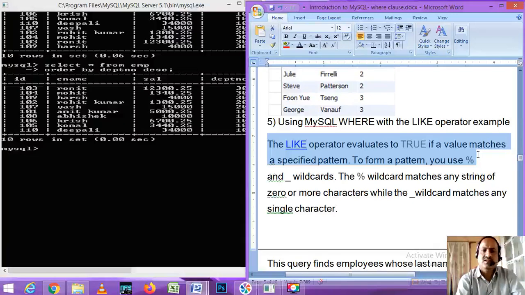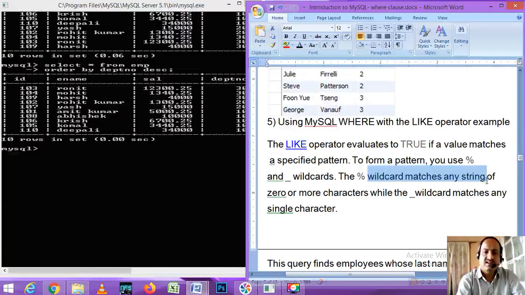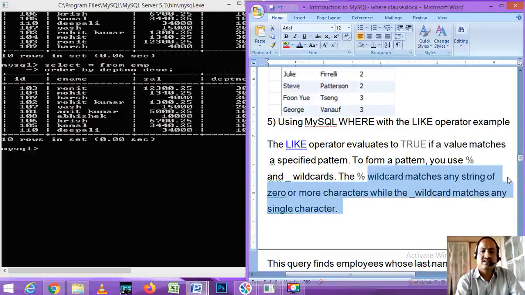Pattern means suppose we don't know the person name or the particular value, so you can use the LIKE operator with the help of percent and underscore wildcard characters. The percent wildcard character matches any string of 0 or more characters, while the underscore wildcard matches any single character.